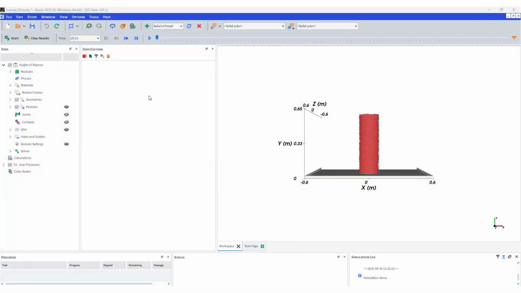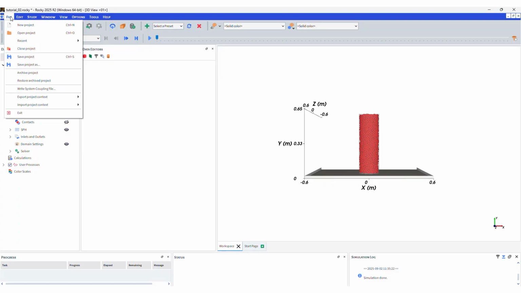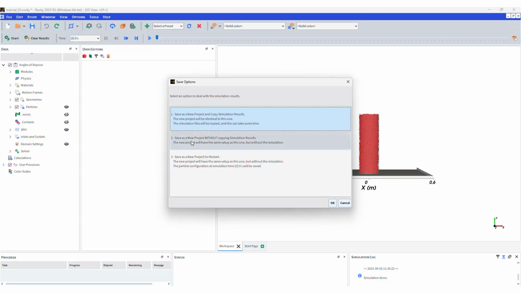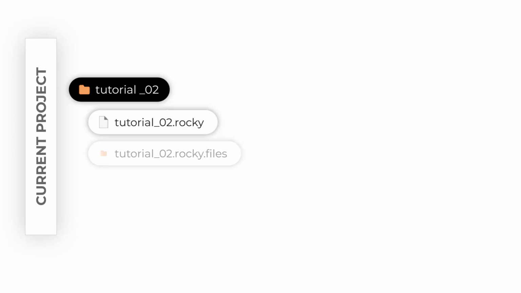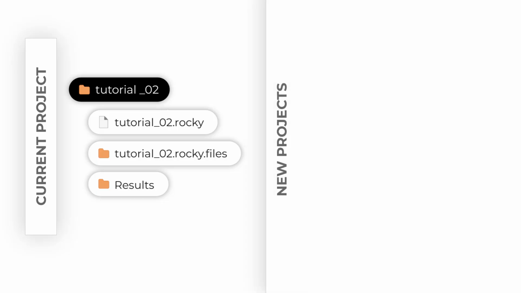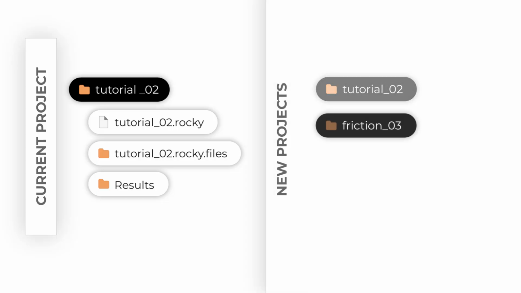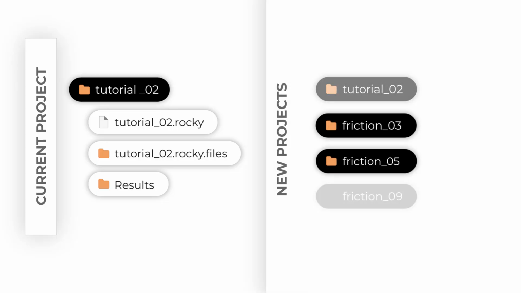First, we will create multiple similar projects and change only the 2 friction values in each one. We will do that by saving them as a new project without copying simulation results, which is in one of the Save options. We want to save the project in another folder, so the current results folder won't be rewritten by the newly created project results. And we also want to name this new file in a specific way, so that it is easier to track